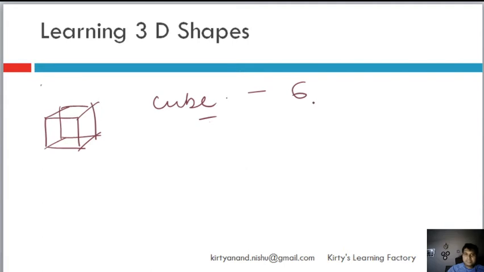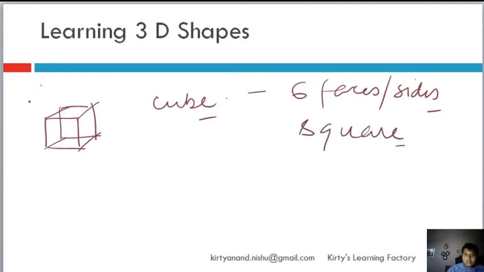All these six faces or sides, basically all the three levels which you see, are all squares in the case of a cube, and all the angles which you see here, either here or this angle or this angle, all these angles are 90 degrees. So basically a cube is nothing but a 3D projection of a square. That is your cube. And a cube will have how many vertices? Let us count.